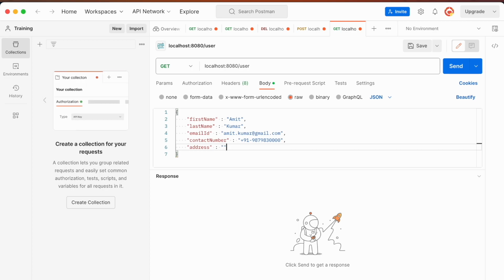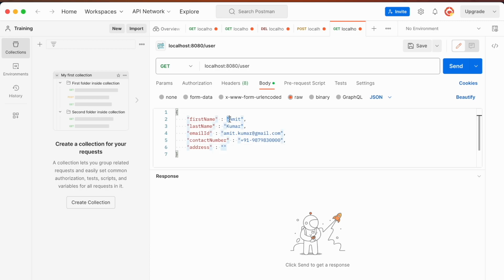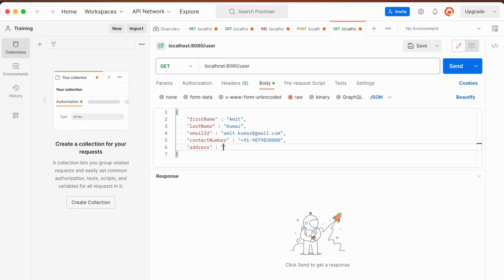Because all the things are in the string format, that's why I am keeping this like this. So address, let's say the house number is 234, and let's say Vidyadhar Nagar, Jaipur. So I'm giving some random address here.